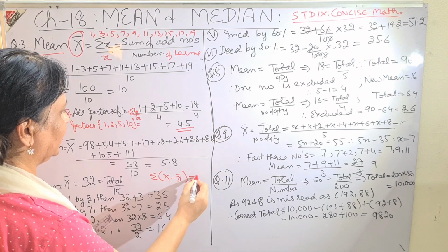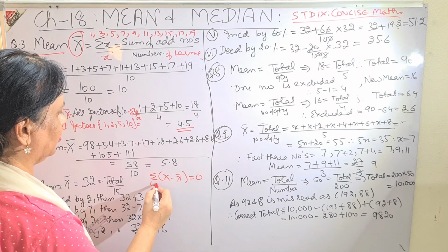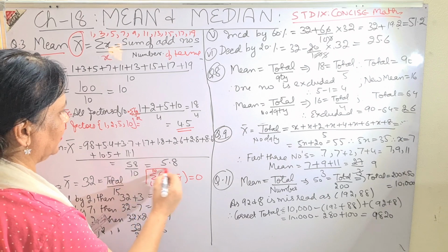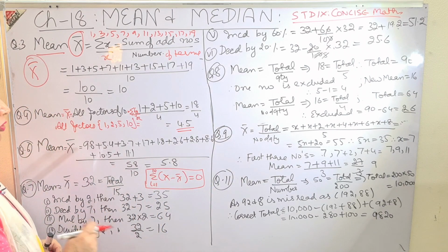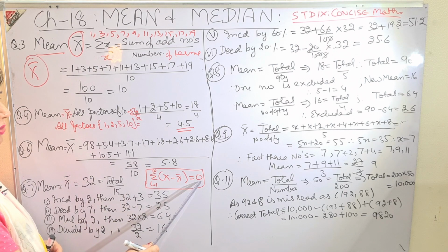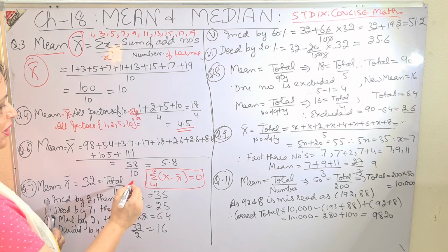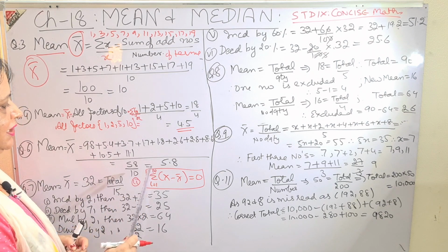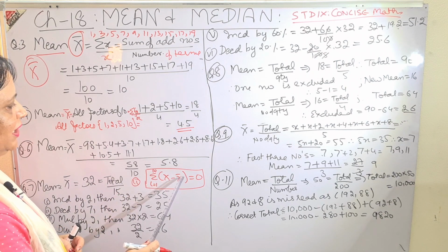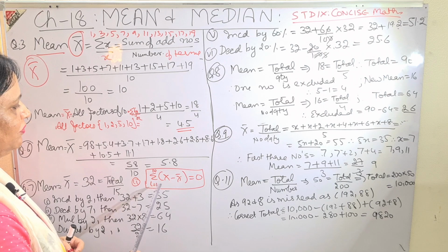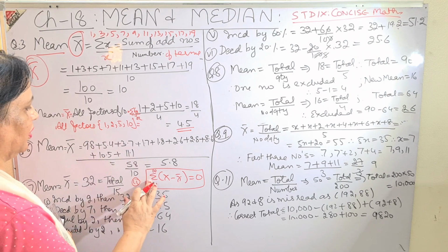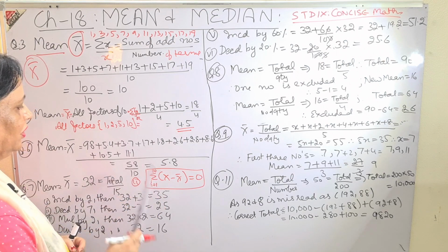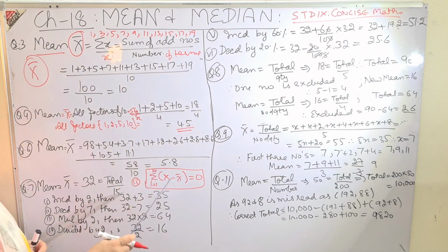Remember children, this is said to be deviation, where i is equal to 1 to 10, and this value is always equal to 0. So the second answer will be summation of X minus X bar. You keep on putting the values till 10 and ultimately you will get the answer equal to 0. So the second part is that summation of X minus X bar is equal to 0, where i ranges from 1 to 10. Since there are 10 quantities, so 1 to 10. i is the number of terms, 1 to 10. So in all the questions the answer is 0.